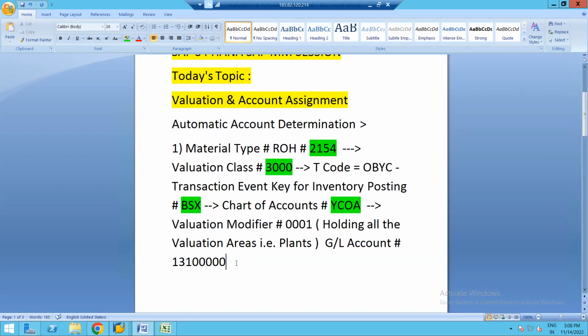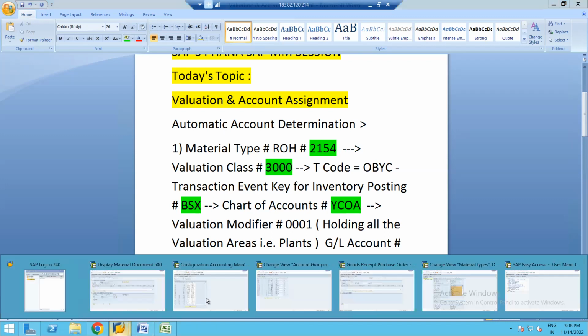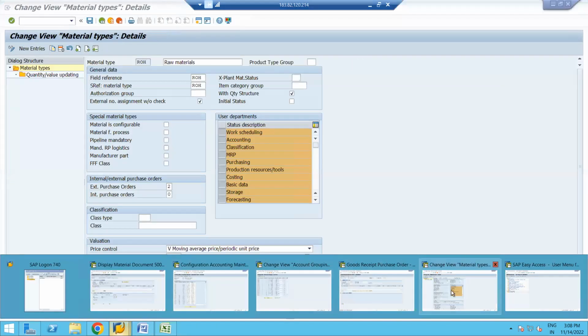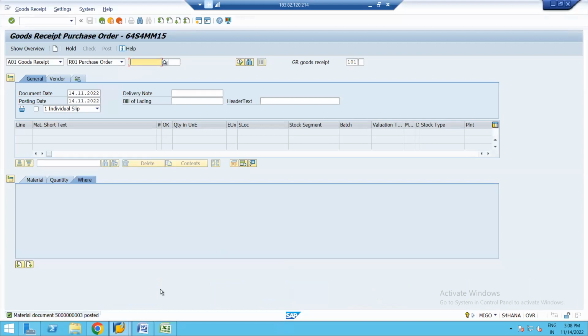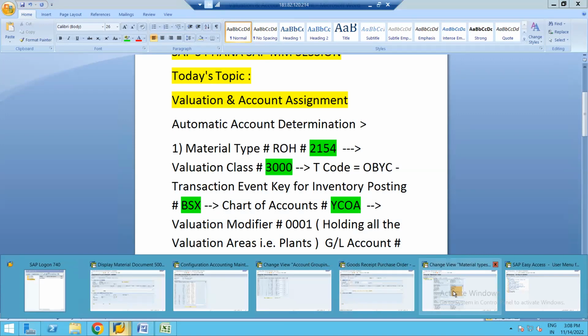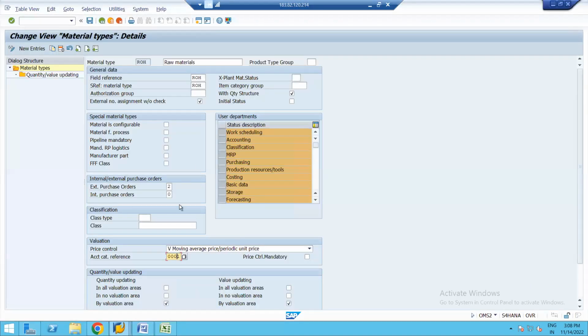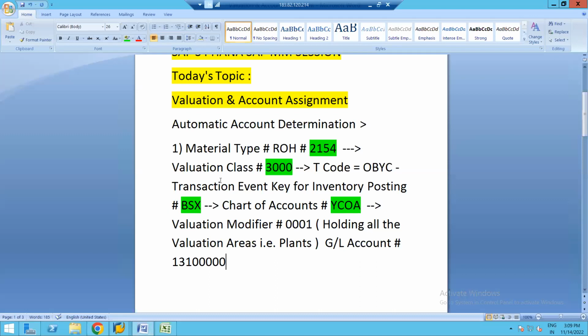Yeah. Okay. Exactly. So you can practice this. This is very important. And you will come to know how the different things are linked with each other, correct? The first story lies with this particular transaction. The material type is linked with the account category reference. This is very important, correct? And then while creating the material master data, based on this account category reference, the system will give you the list of all the valuation classes which are linked with the ACR, as I had shared here